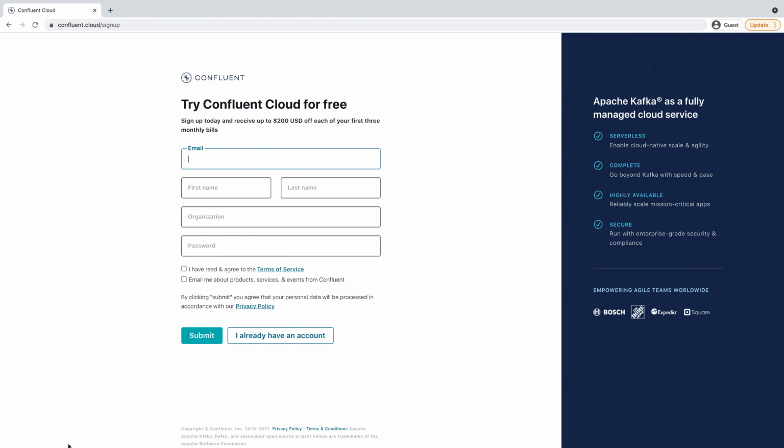Now let's get you signed up on Confluent Cloud. You'll land on the initial page and enter things like your name and your email. Click Agree and the Email Me checkboxes, and now you can click the Submit button. You should check your email for a confirmation. It should pop up within about a second.